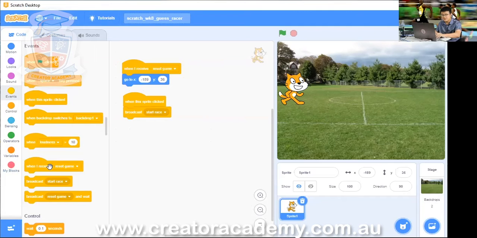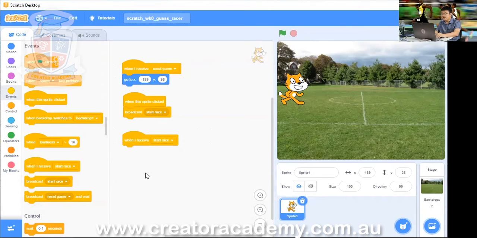So when I receive reset game, we change it to when I receive start race. Then I drag when I receive start race over here, then we are going to do all our code for running down here. Okay.